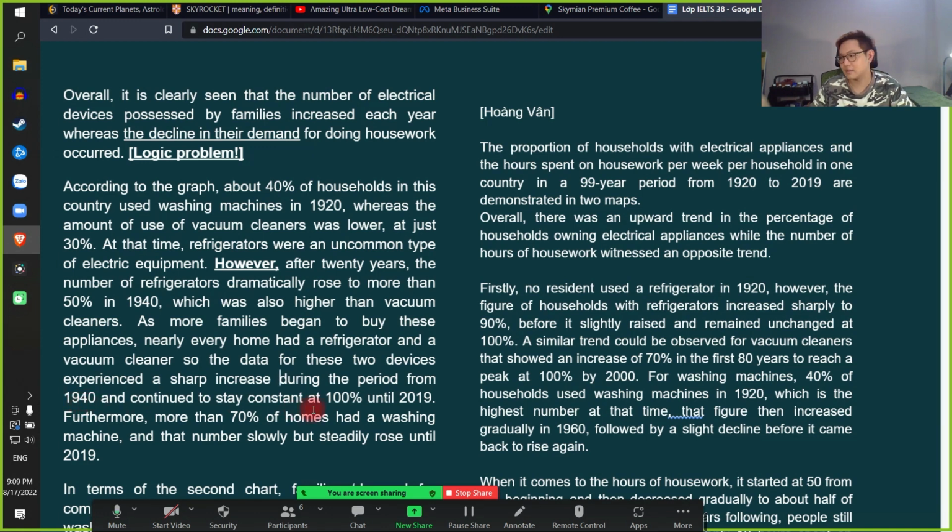And continue to stay constant at. Slowly but steadily rose. Okay, good, very good. Những cấu trúc phức tạp hơn em cũng làm được nữa. Like complex sentence structures, you can do it. Good. The only thing that you need to know now is logic. Improve your logic. Cái mà em cần improve bây giờ chính là cái logic, cái cách suy luận á. Nhìn nhận vấn đề của em phải chính xác hơn. You need to look at things more accurately.